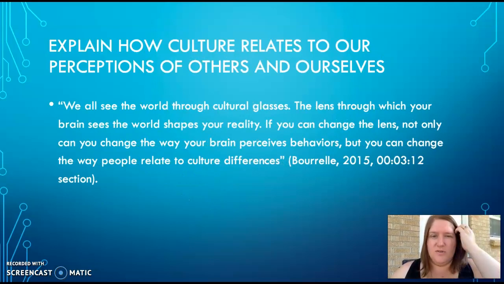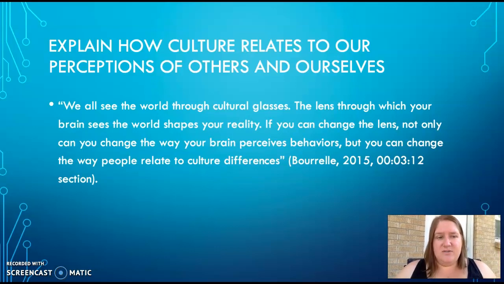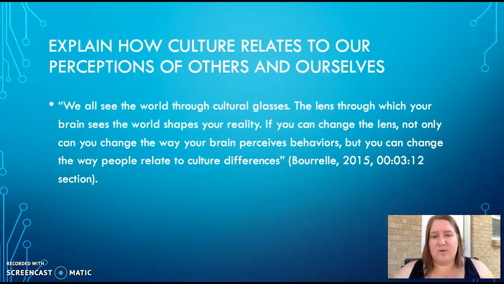Explain how culture relates to our perceptions of others and ourselves. We all see the world through cultural glasses. The lens through which your brain sees the world shapes your reality. If you can change the lens, not only can you change the way your brain perceives behaviors, but you can change the way people relate to different cultures. I loved this quote